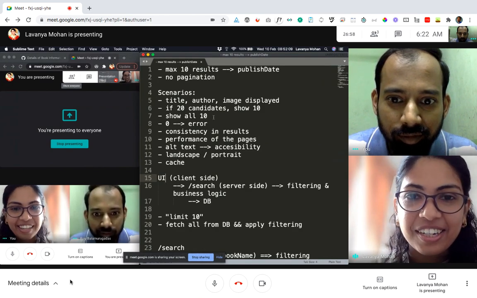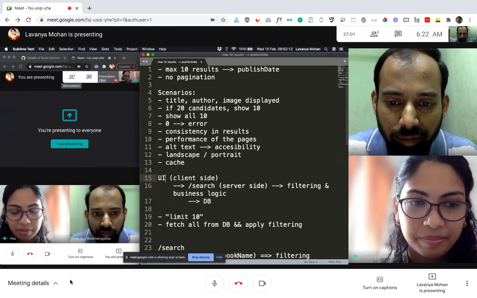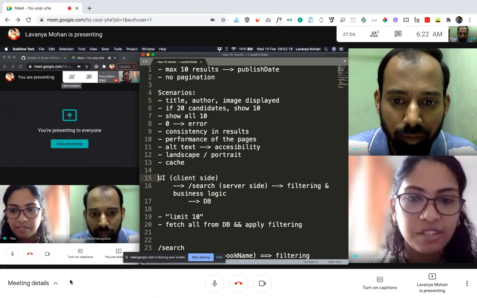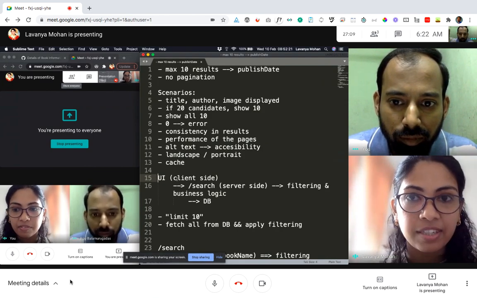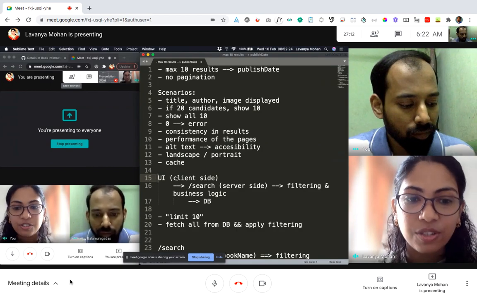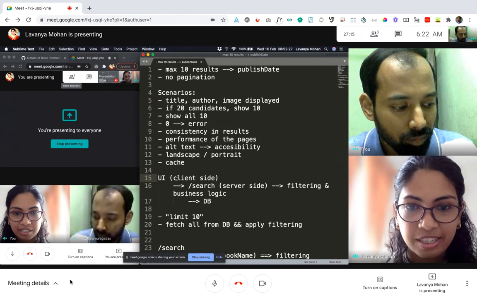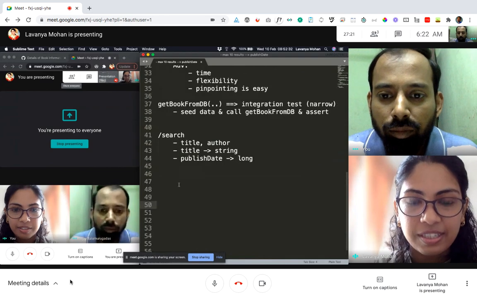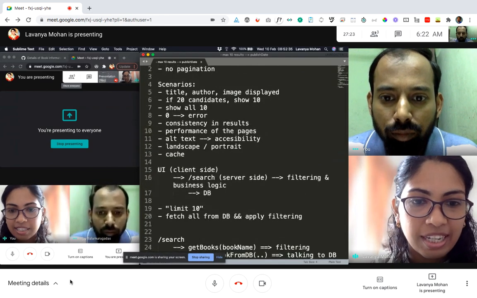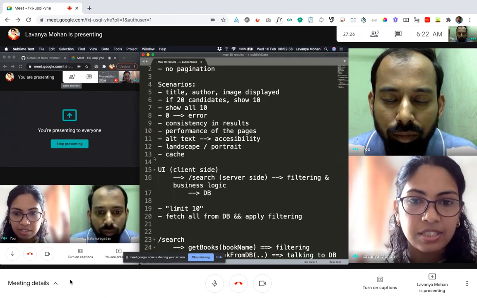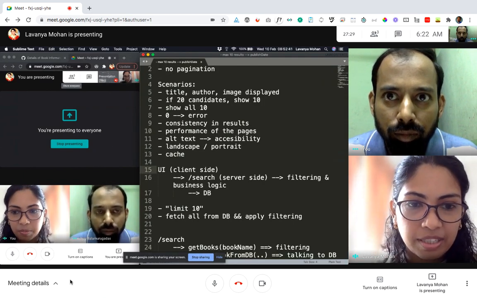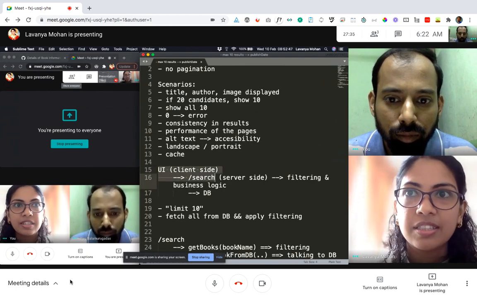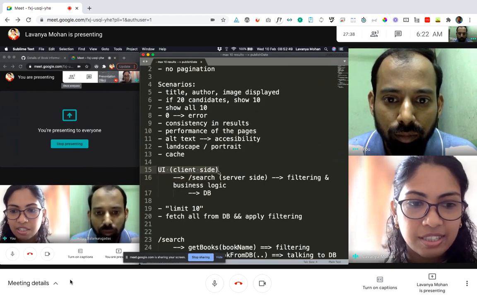All right. So now let's move on to the UI part. Till now, we checked just the API and whether the API returns the values that we expect. But we have not seen whether whatever the API returns is actually displayed correctly on the UI. That's an important check as well. So let's think about the UI part itself. What exactly does the UI do? Let's think of the search results page. That search results page internally calls this search API method. It gets a JSON response back, and then based on the JSON response, it does the rendering.